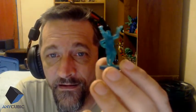And this was my first print. My first print on this machine was not a calibration cube. It was not any kind of tester to make sure everything was working right. It was